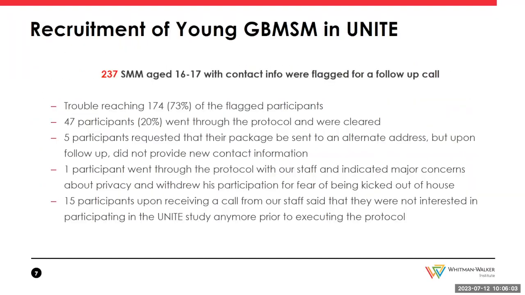So we asked them to imagine what might happen if their parent were to intercept a text message, email, or package, and to describe what the consequences of that might be, to better understand safety concerns. Is it just that they might be outed, but they think their parents already know, so that wouldn't be as big of a concern, or do they think there's a threat that there could be violence or that they might be kicked out of the house or any of those kinds of things,